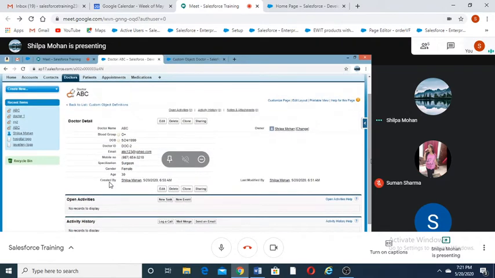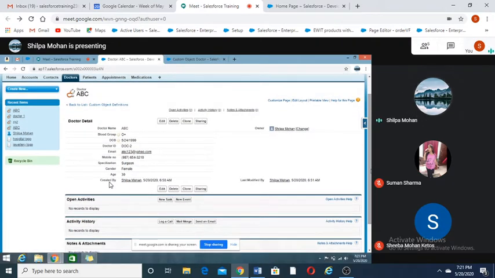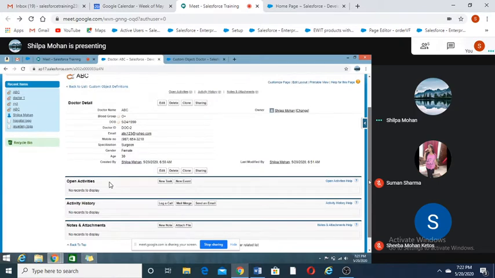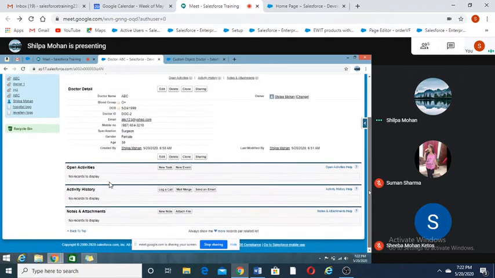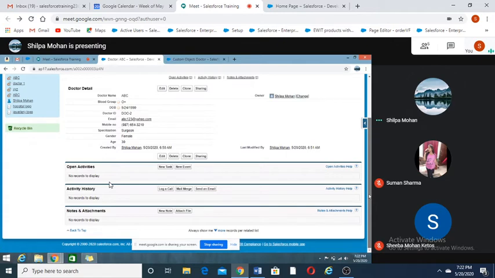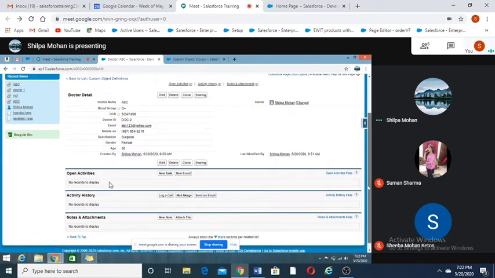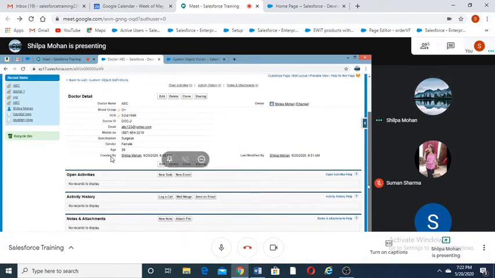Okay, age is a read only field, so it will not be editable. So formula field, whenever you are creating, it will never be editable. So this comes under a read only field. And whenever you are creating a record, when you click and create a record, that time this age field will not be displayed, because this is a formula field, because this is getting calculated based on date of birth, so it will not be displayed.